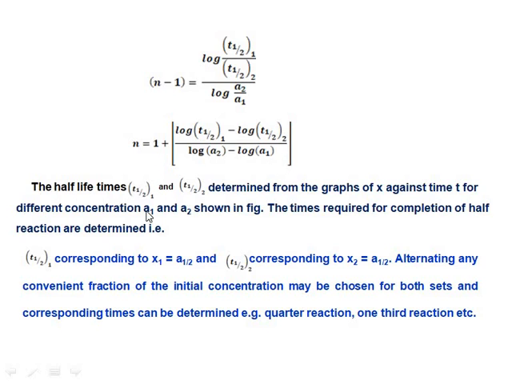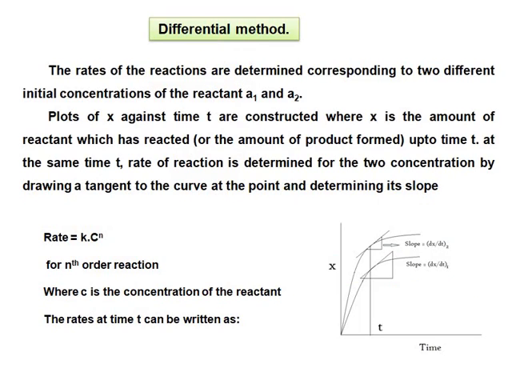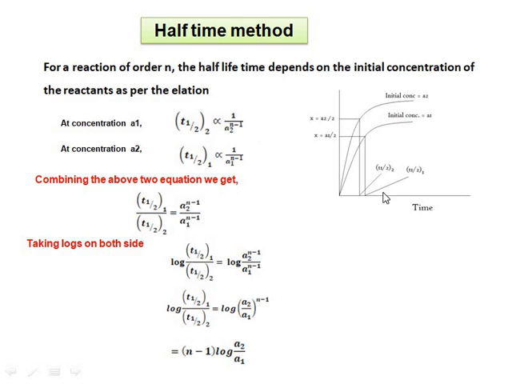So the half times T half 1 and T half 2 can be determined from the graphs of x against t. T half 1 and T half 2 are obtained from graphs like this. The values of A2 by 2 and A1 by 2 we will know. From those values we can find out the values of T half 1 and T half 2,